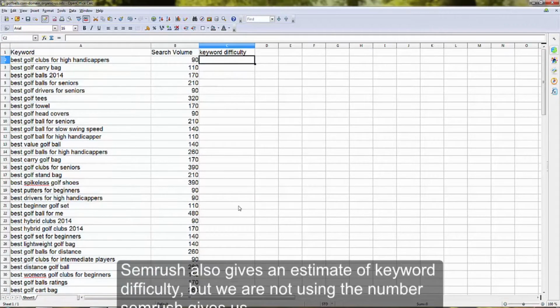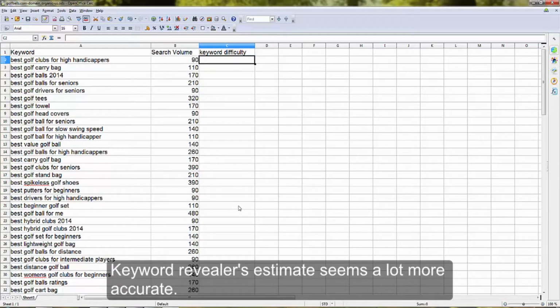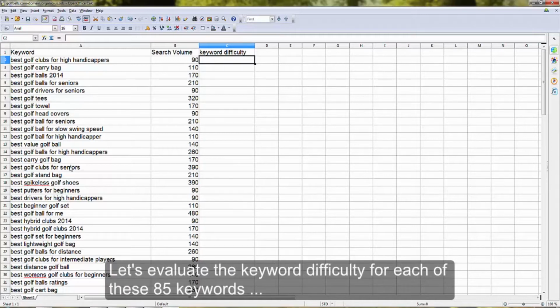SEMrush also gives an estimate of keyword difficulty, but we are not using the number SEMrush gives us. Keyword Revealer's estimate seems a lot more accurate. Let's evaluate the keyword difficulty of each of these keywords.